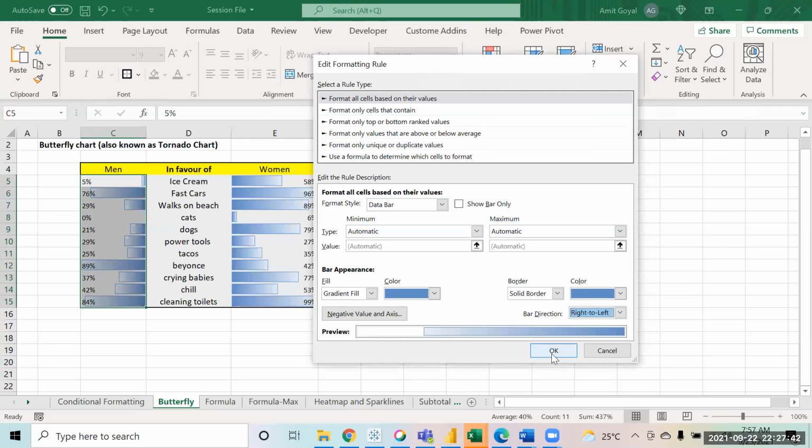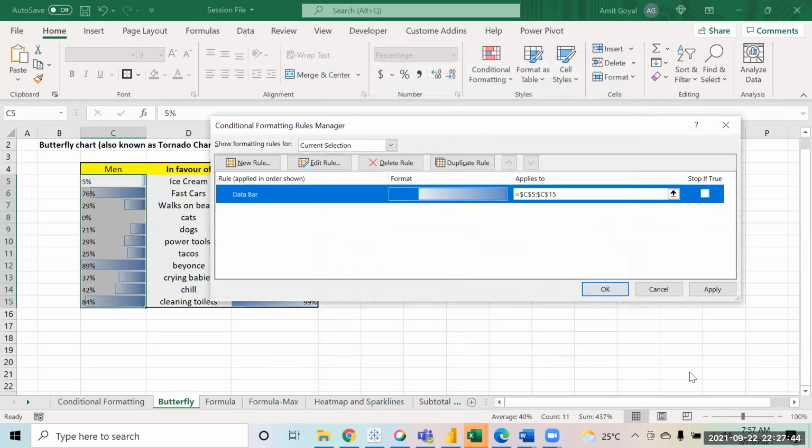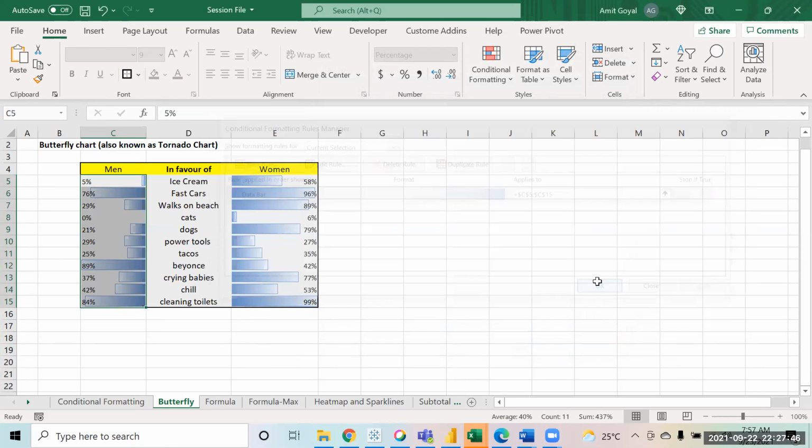Now is it working? I have a question. For the right to left option, you have selected only the column or the whole table? Sorry, your voice is very low. I mean, we are doing the manage rule option, right? For the right to left, we are selecting only the men column, right?